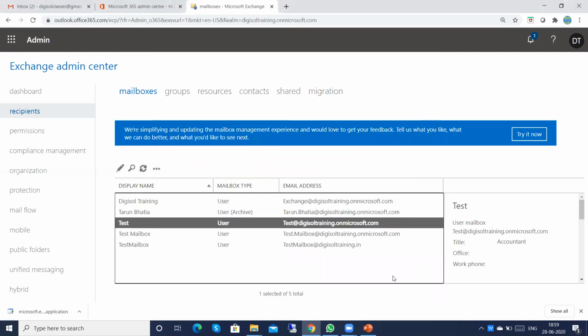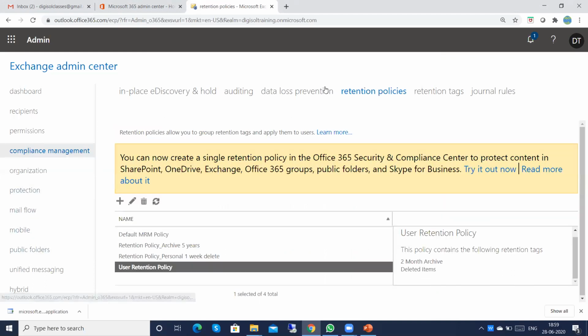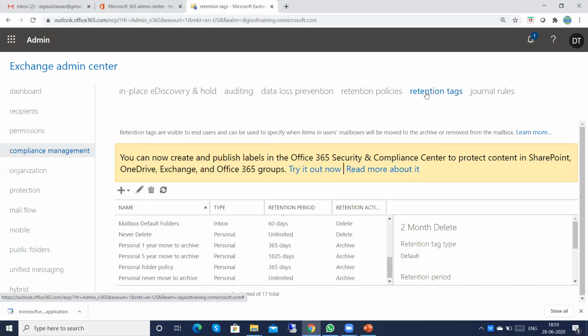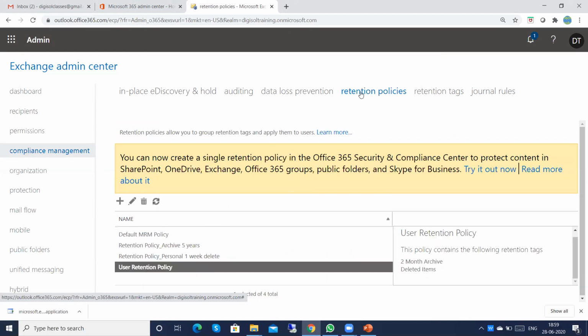So you can apply it this way by creating different retention policies and tags. Either you select the default tags, or if you want, you can create a custom tag as well, and then you have to create the policy.